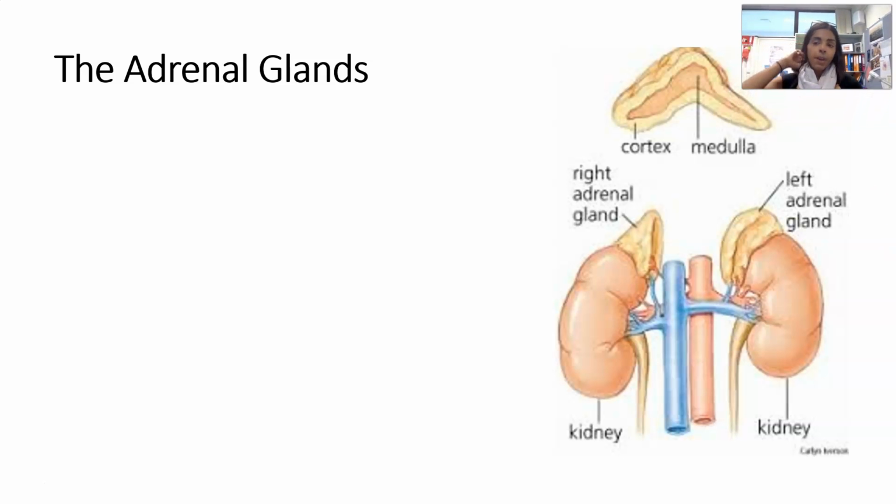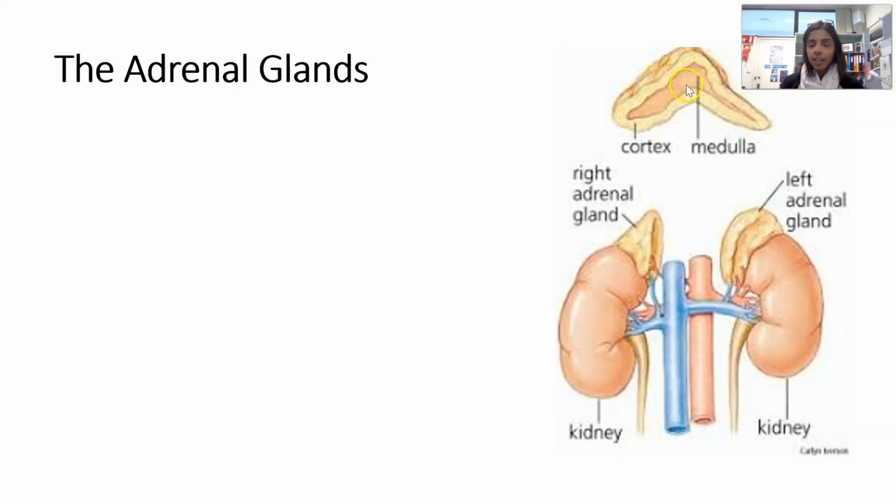Okay, so before we talk about adrenaline and cortisol, we need to address the endocrine organ that these come from, and that is the adrenal gland. You can see from this diagram that you have two adrenal glands situated on top of the kidneys. And if we cut that in half down the middle, we can see that there's this outer cortex area and